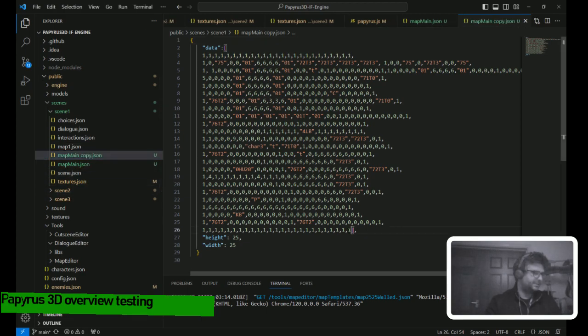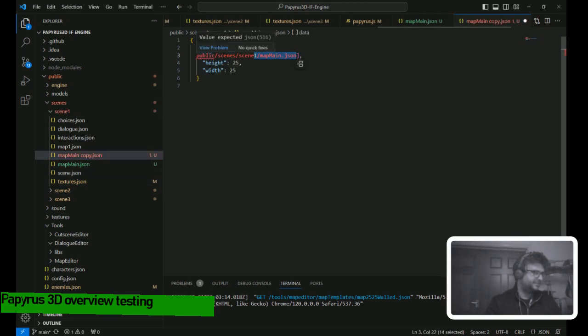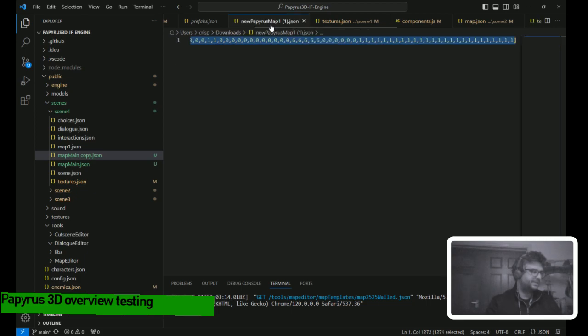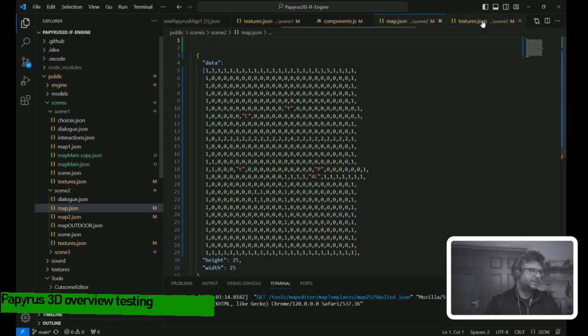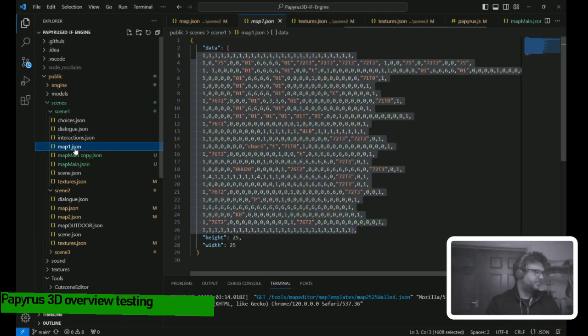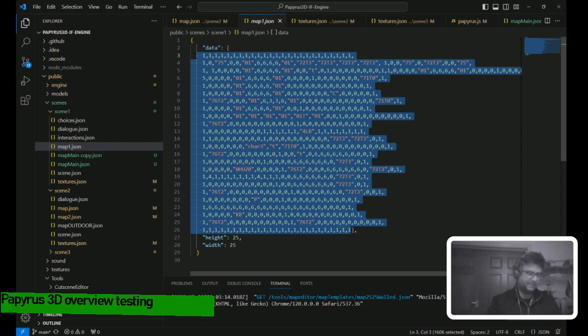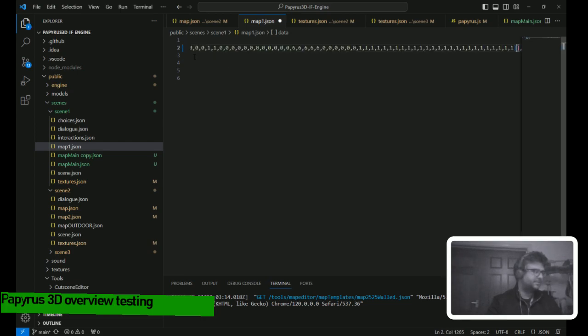And I'm going to get all this, replace it with the JSON I just downloaded. I think it's that one. Go to map.json. Delete all this. Copy all that in.